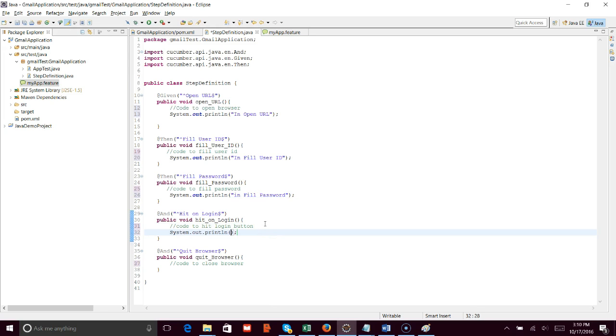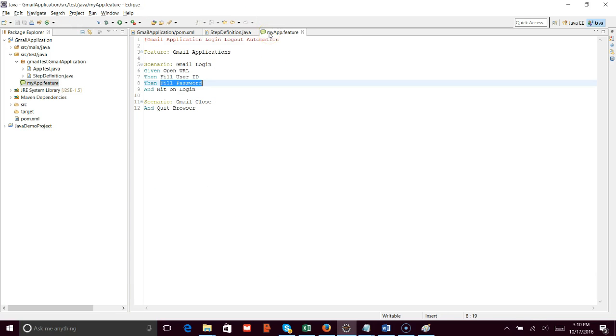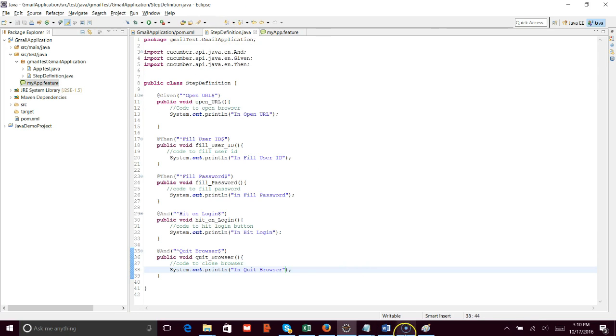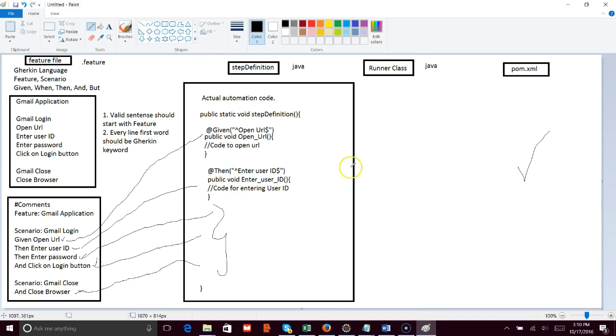Here I have in the function hit login, and finally the code for close browser. So now I have the feature file, I have the step definition, I have the pom.xml with the